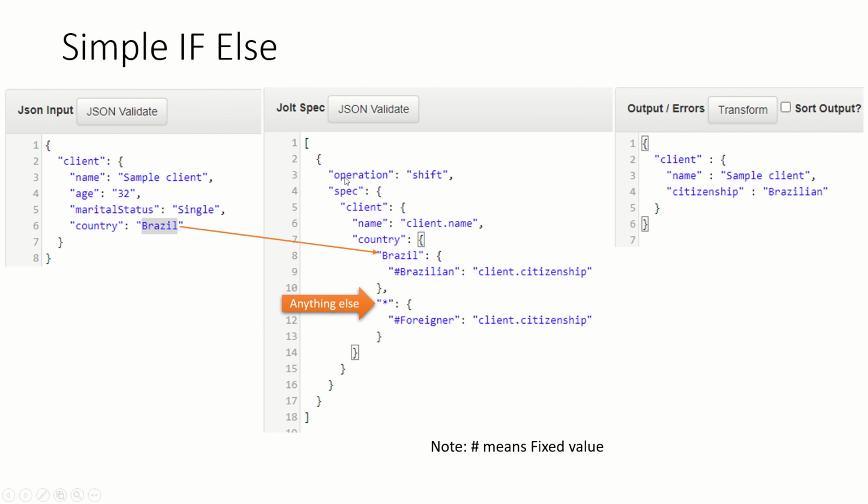So see, here I added a shift operation. Inside that, I'm going into client name I am picking up. This is just to put a name into client name. So under client name, it will pick up this sample client. But country, it will look for a country. Under that, we specified that if you get a value Brazil,